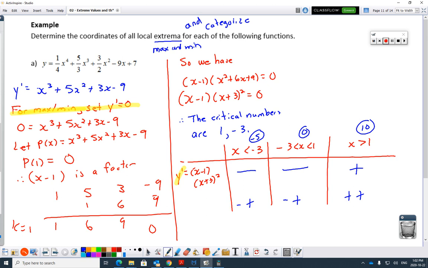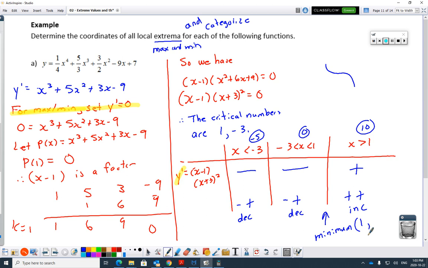This morning's lesson said, okay, that means it's decreasing, then it's decreasing, and then it's increasing. Remember, we're looking for max and mins here. If it's decreasing before negative 3 and then it's decreasing after negative 3, that's not a max or min. It must have done something like this. Decreasing, then more decreasing. That's important to know. But here it went from decreasing to increasing. What happens when you go decreasing to increasing? Minimum. So right here, there's a minimum